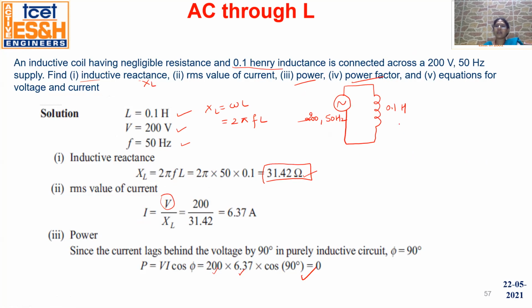Now we know that V is equal to Vm sin omega t, whereas current is equal to Im sin(omega t minus 90). This is the equation. Now how to find the Vm? Vm is nothing but